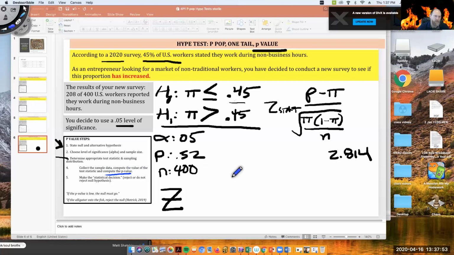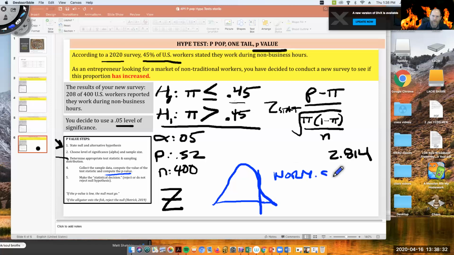Well, just like we did before, we could go to our z-score table. If we do that, we need to know what we're talking about. The way that this is oriented tells us we're out here on the right end of the distribution. So if we go to the z-score table and turn this into a probability, we've got to do a 1- to get that p-value. There's nothing wrong with going to the z-table. We just need to know to do the 1-,